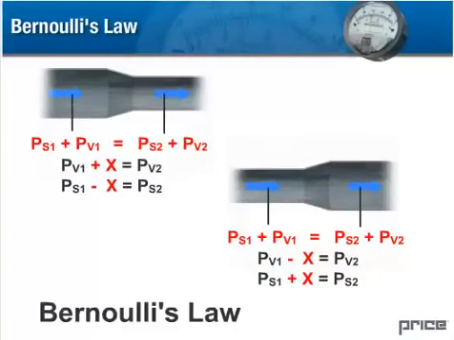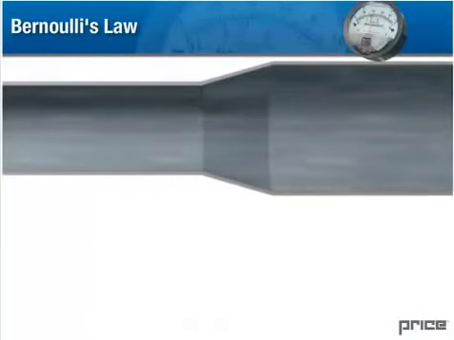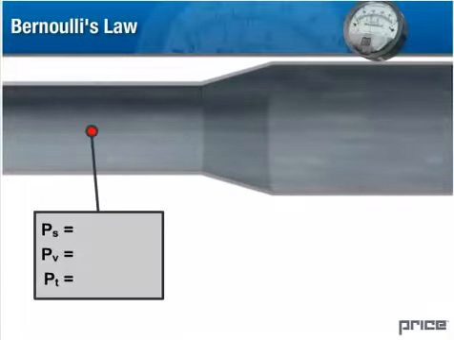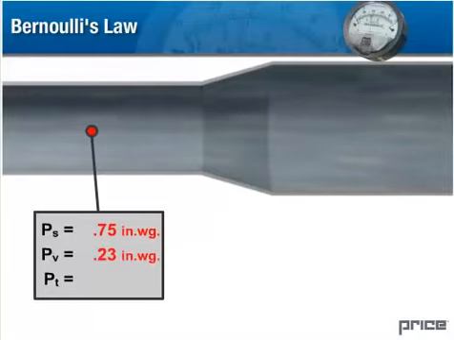We use Bernoulli's law to help predict what will happen to pressure at transitions where the cross-section of the ductwork changes. Let's take a look at an example. In this case, the airflow is going from a small duct into a larger duct through a transition. We take a measurement of the static and velocity pressure on the upstream side of the transition and find the static pressure to be 0.75 inches of water and the velocity pressure to be 0.23 inches of water for a total pressure of 0.98 inches of water